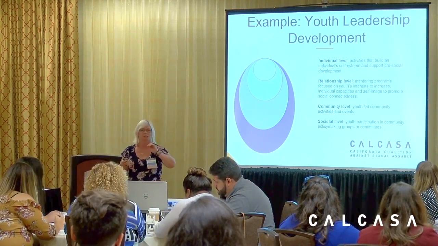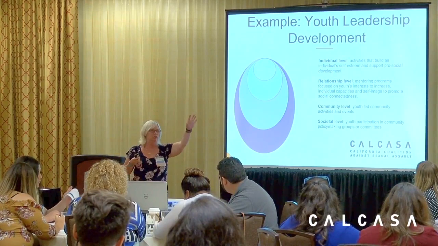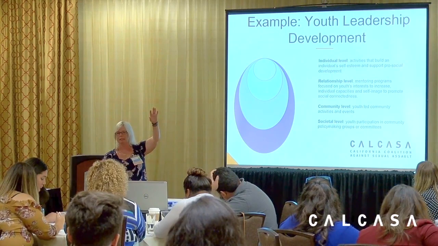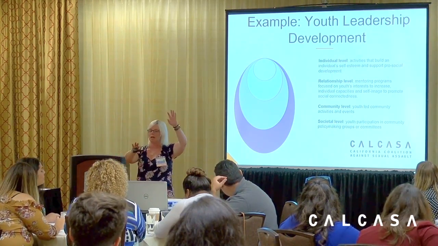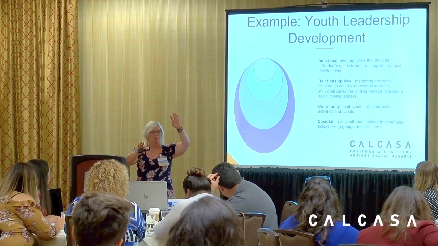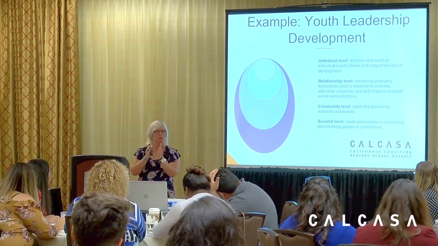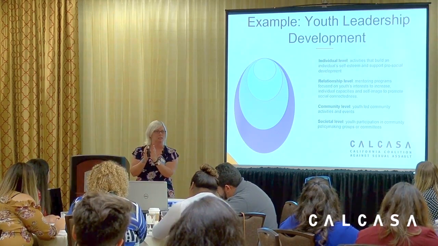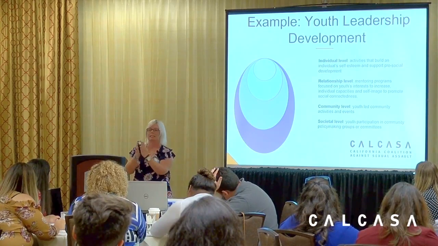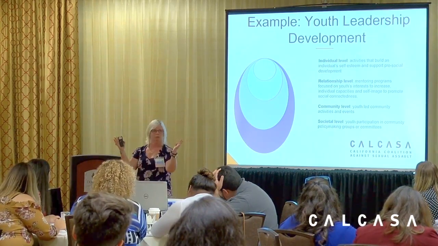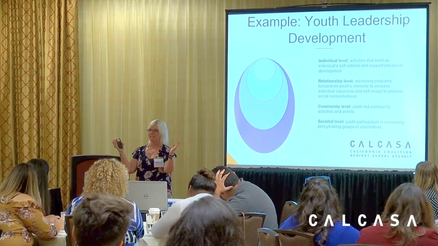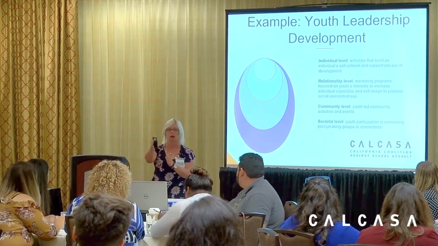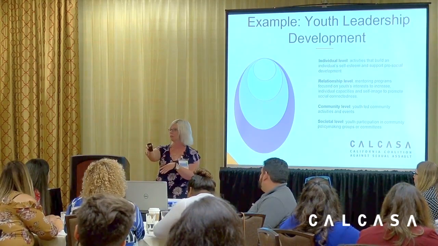So we don't want to be addressing norms around gender equity at the community level, and bystander intervention behavior at the individual level, and teaching parents about body boundaries, right? To be more effective, we want to make sure that our strategies are aligned with that correlated set of risk and protective factors, and that they're going deep into the ecological model rather than wide. Does that make sense? We want to address the same set of risk and protective factors across the ecological model or across the spectrum of prevention.